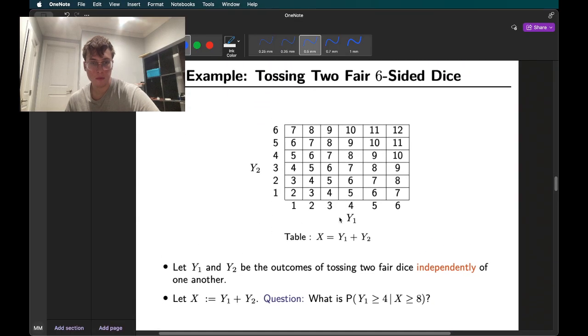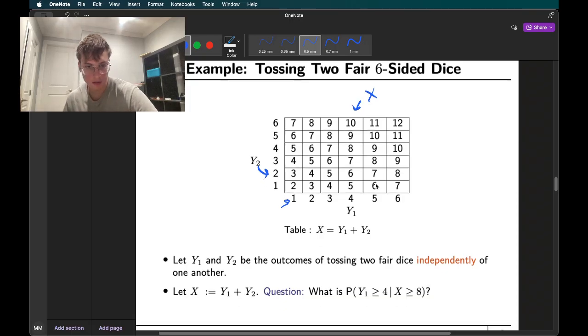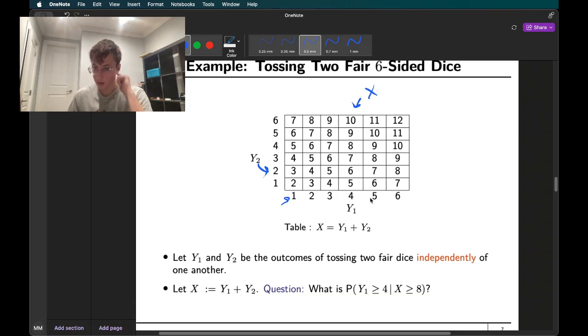So here's his example. We're rolling two fair six-sided dice, and x is the sum of the two dice. Each of these squares shows the value of x, with y1 here and y2 on this side. So let x equal y1 plus y2. Question: what is the probability that y1 is greater than or equal to 4, given that x is greater than or equal to 8? By definition, this is equal to the probability that both of these are true,